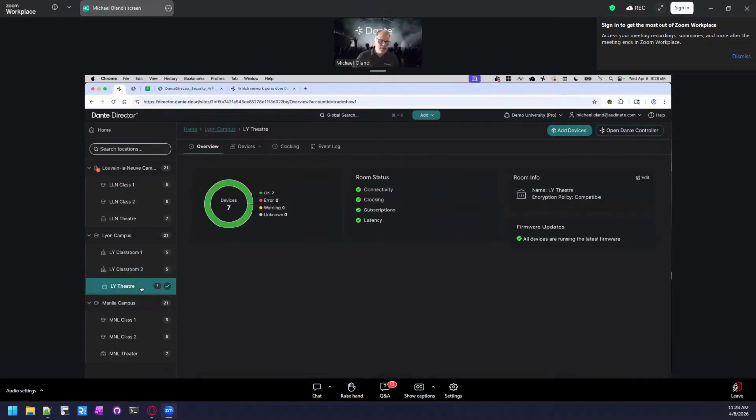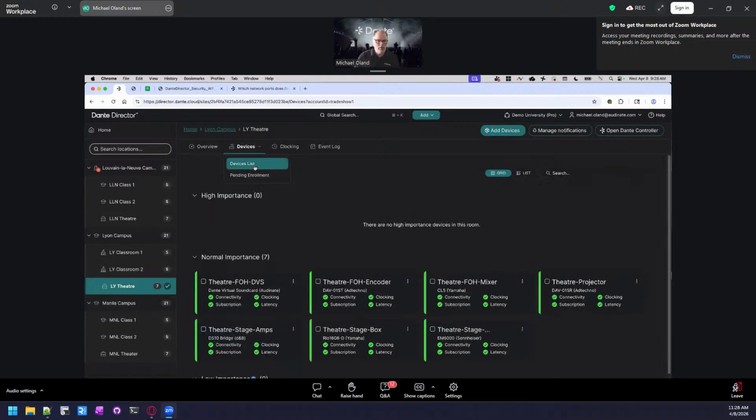So in addition to that, again, you can also drill into the devices. Let's talk a bit more about the importance, because that talks about notifications. One of the big things you want to be able to do when you're managing a network is understand when something is wrong. What you really want to avoid is that call saying, hey, my thing's not working. I'm getting ready to start a class. I'm getting ready to start a meeting. Things aren't working. You really would like to know when things are happening so you aren't reactive, you're being proactive.